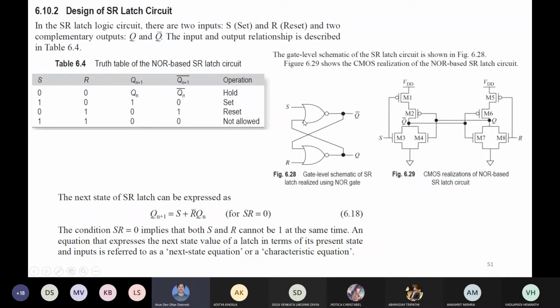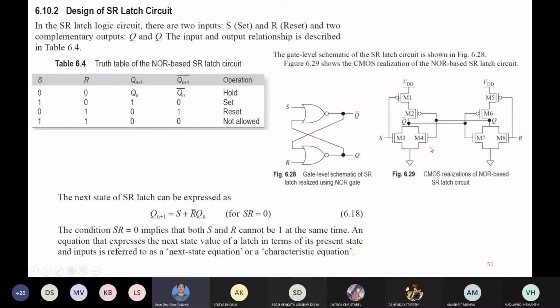given to one input of one of the NORs, and Q bar is given to the input of the other NOR. So we are taking two NORs, one for the S input, set, and the other for the reset. And the second input for these NORs comes as the output of the other. Like here for the reset NOR, the output is given the name Q. So the state is given the name Q. This Q is coming to the input of the other side NMOS and the other PMOS. And this S is given to this PMOS and this NMOS.